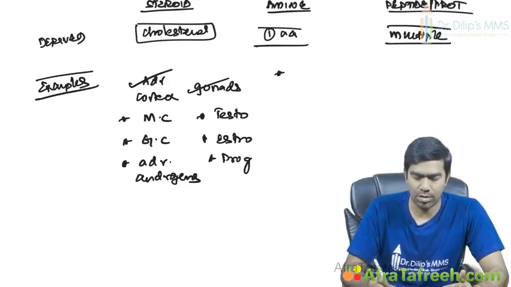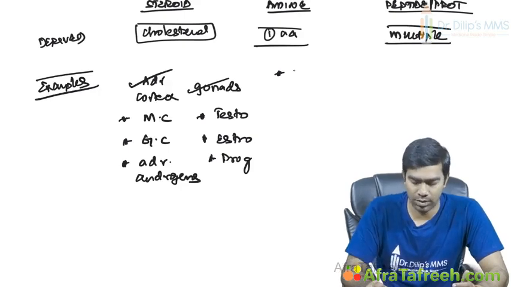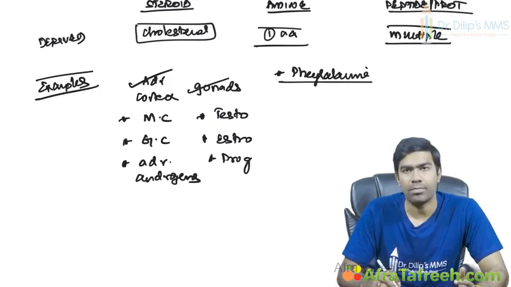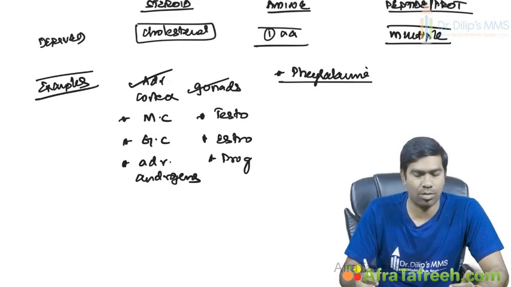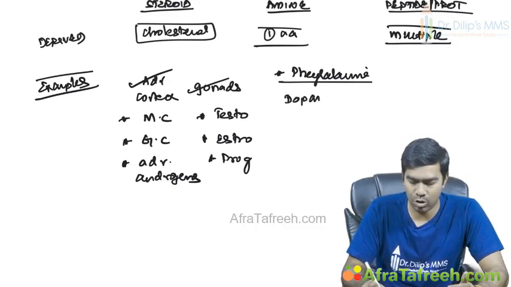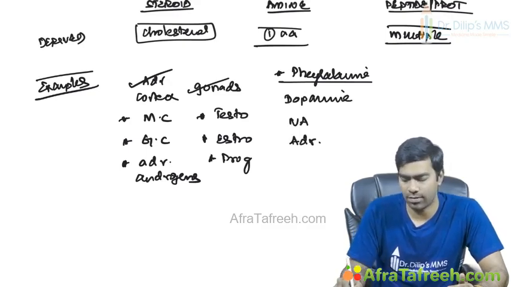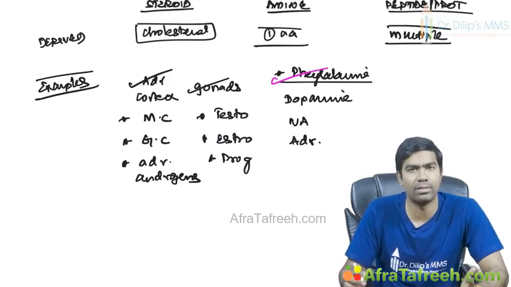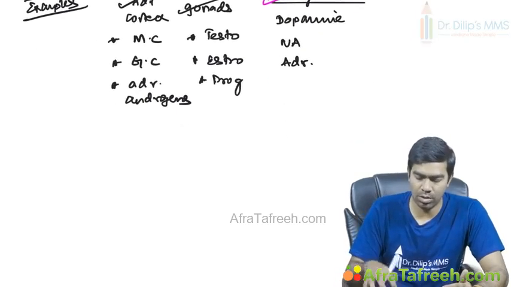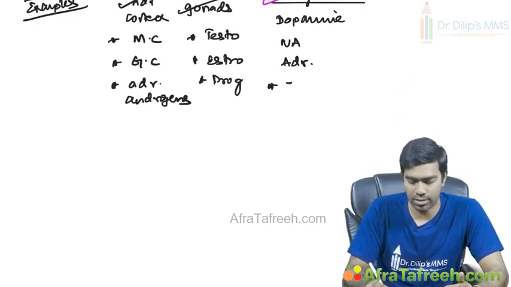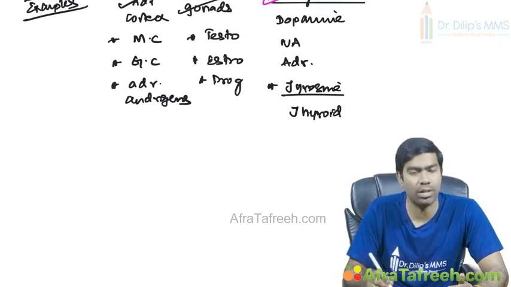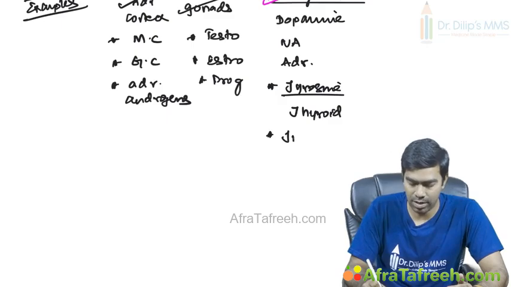So what are the hormones in this group? First, there is a group of hormones which originate from phenylalanine. These are the characteristic catecholamine hormones. What are the catecholamines? We have dopamine, noradrenaline, and finally adrenaline in the pathway. This whole synthesis mechanism we'll discuss later, but let us move on to the other amine-based hormones. Next is the tyrosine-based hormones. We know the most important tyrosine-based hormones in the body are the thyroid hormones, T3 and T4. We know that pretty well. And next we have the tryptophan-based hormone.